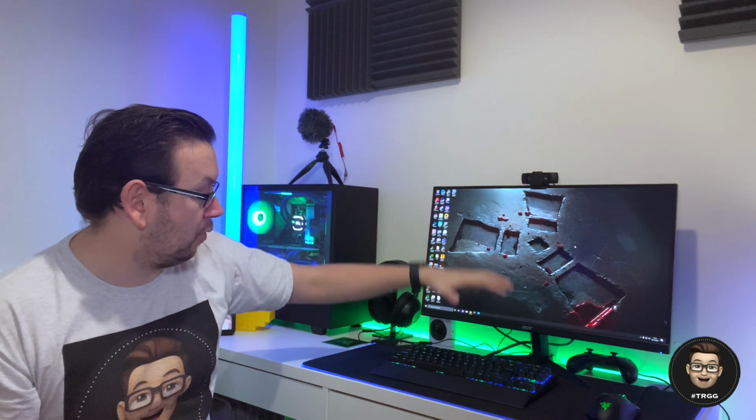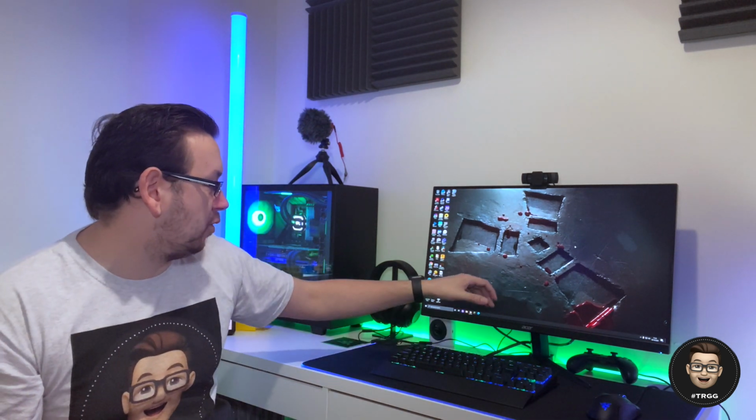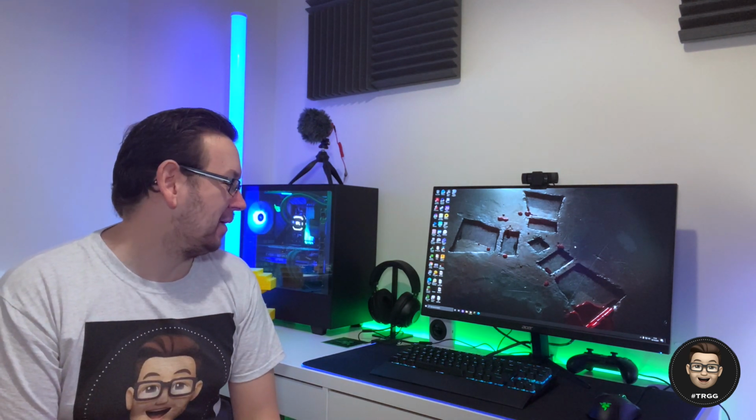Anyway, moving on to the keyboards. I've had a few different keyboards in the past. When I very first built my first setup, it was very budget orientated. I had the typical cheap mechanical Chinese keyboard off Amazon, like 40, 50 quid. It came with blue switches, so it was loud as hell, annoyed people I was playing with, and annoyed my wife because it was loud. I'm in a box room at the back of the house for the gaming room, but the sound of blue seems to still travel quite well,